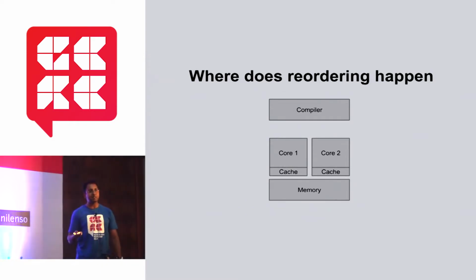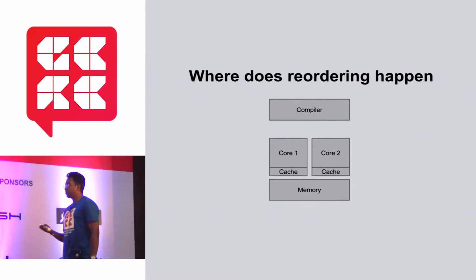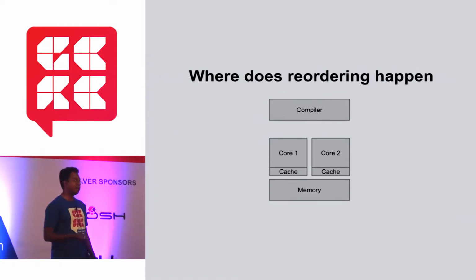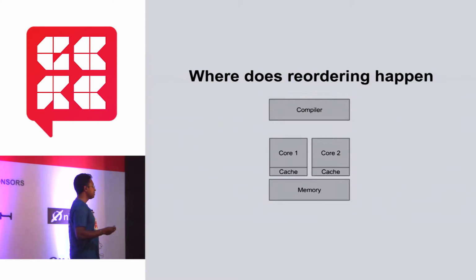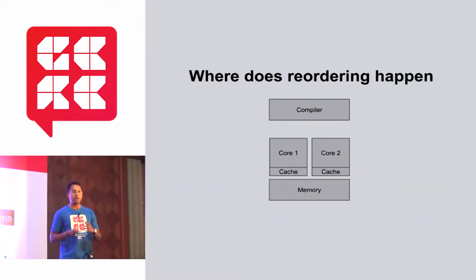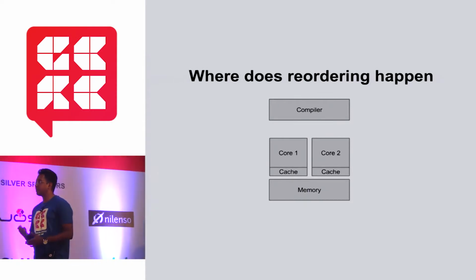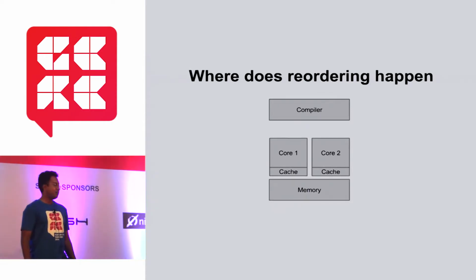So why do CPUs have caches? Memory is slow, so they want to preload all the values, prefetch them, and keep them in the cache, again to improve performance. So even the memory system can conspire against you and reorder the loads and stores of the memory registers, and that can cause reordering, right? So this is really, really crazy.